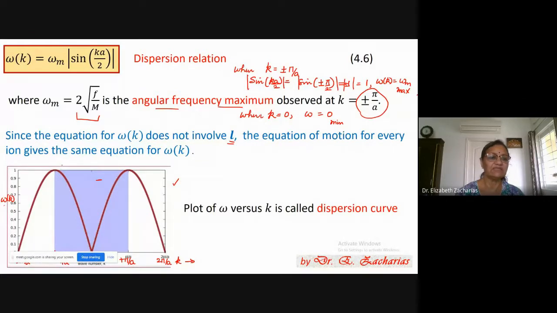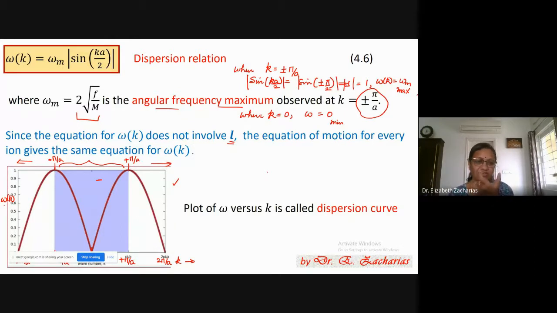And you're seeing that there is a symmetry. This region is K equal to minus pi by a, and this region is plus pi by a. If you confine yourself to just this region and look at how the graph is, you will find that there is a symmetry about K equal to 0. The left hand side is the mirror image of the right. And whatever you're going to see beyond pi by a and minus pi by a is just going to be a repetition of the graph.